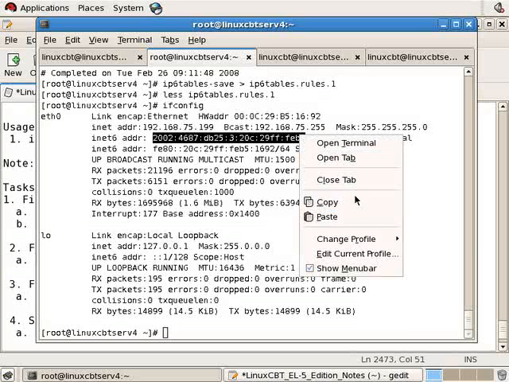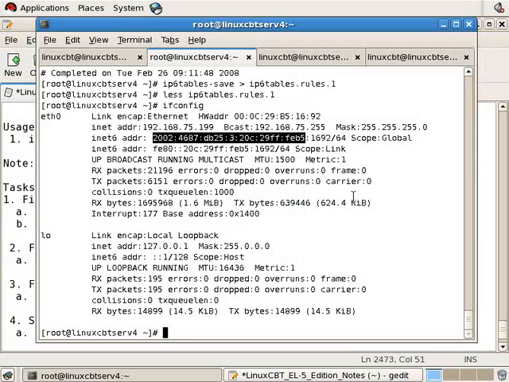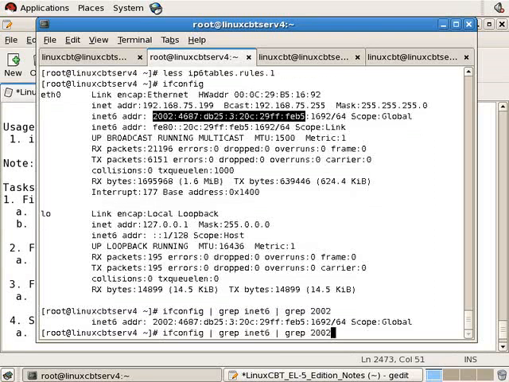By the way, this is a good use of awk. We could run ifconfig and grep inet6, then grep 2002, for example, which would return that line. Then we could send the output into awk